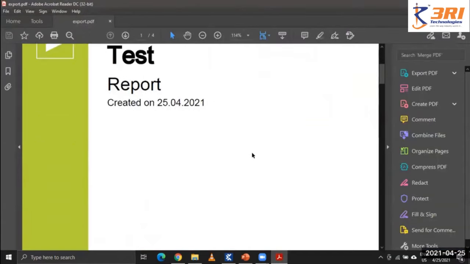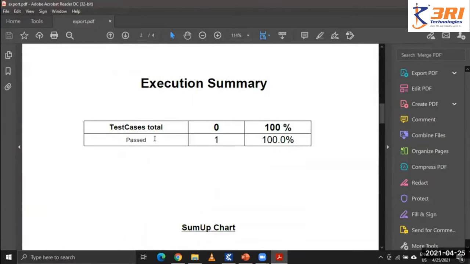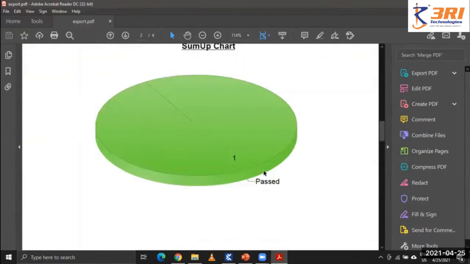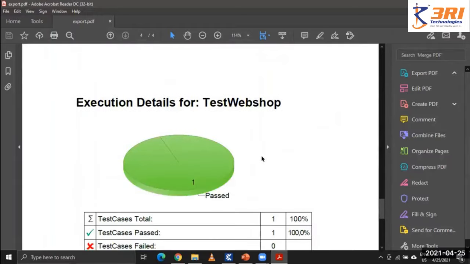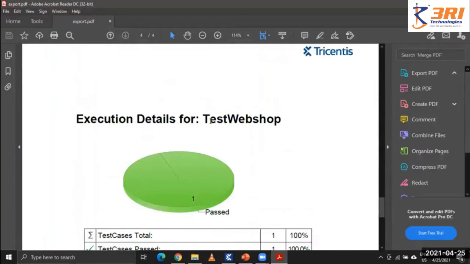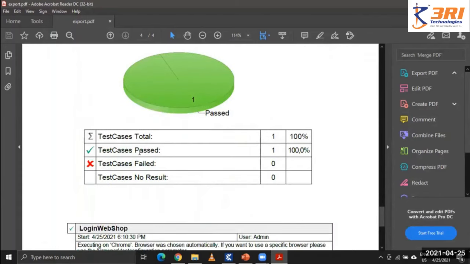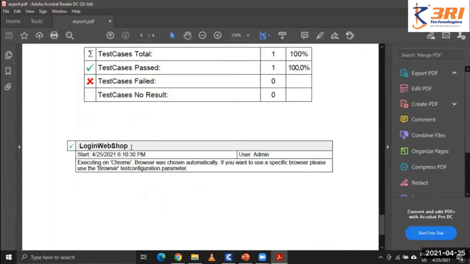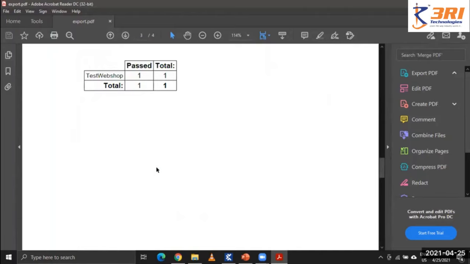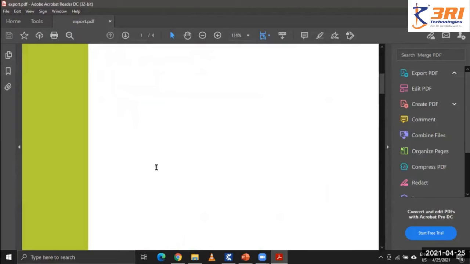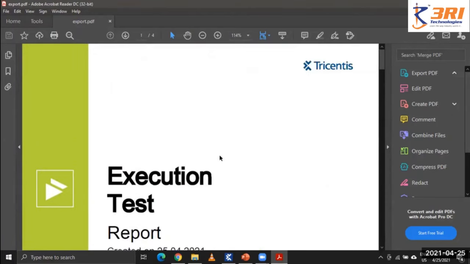This is how it will generate the execution list report, and you will see the number of test cases that passed in the summary. It will give you a very good representation of the report generation. This is the test web shop, our execution list detail. This test case got passed. This will give you the test case name and the logs which passed. So this is how you can also get the report directly from TOSCA. You can also automate this process of generating the report, and this is how you